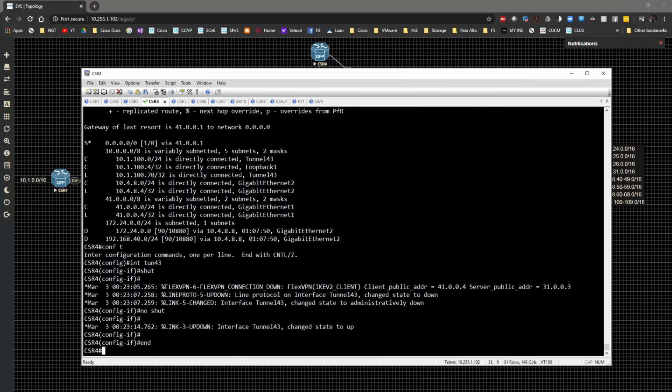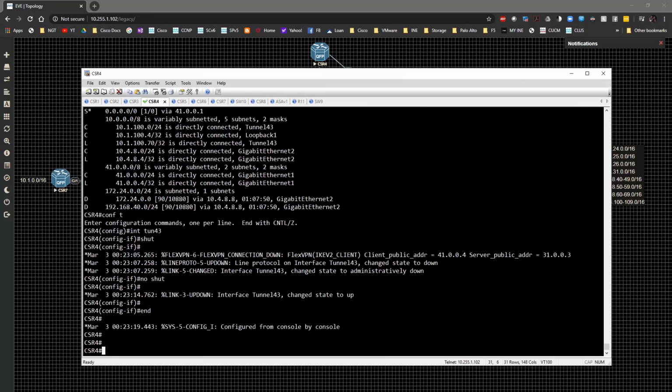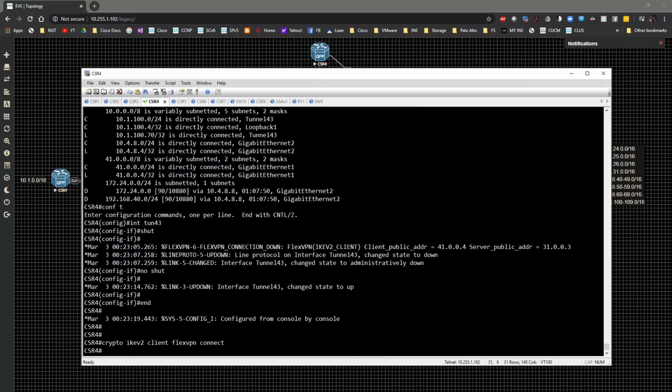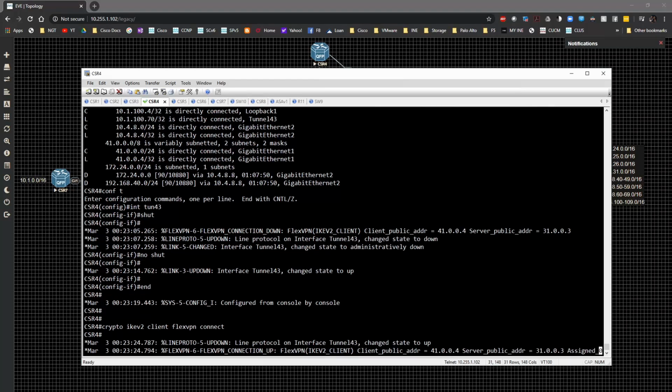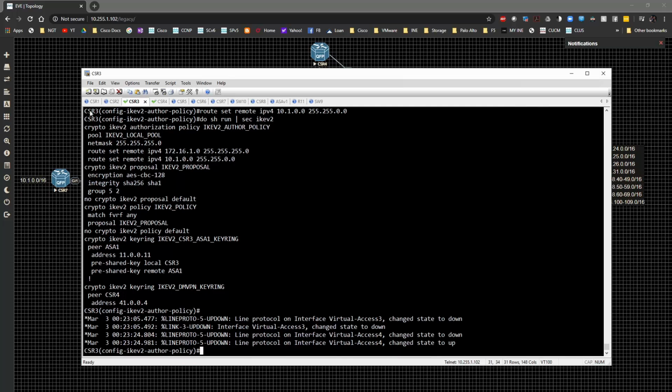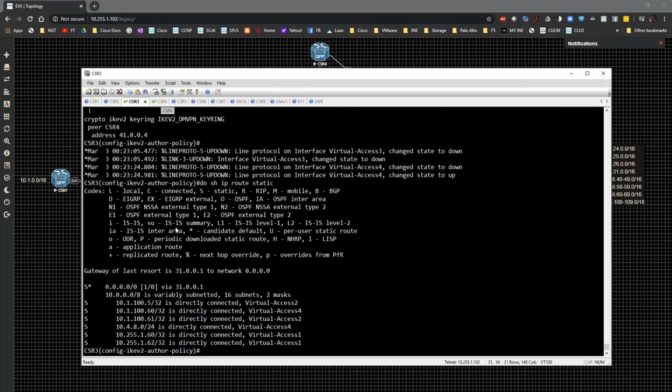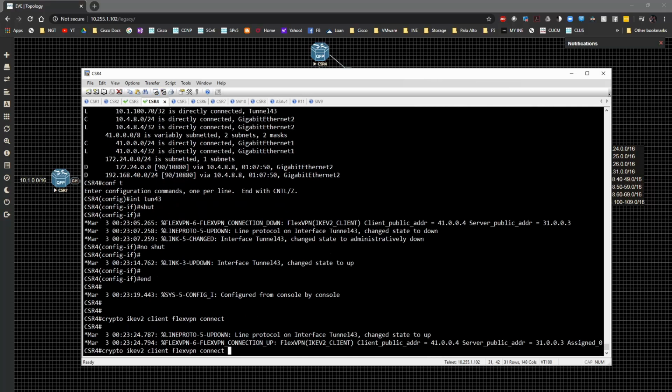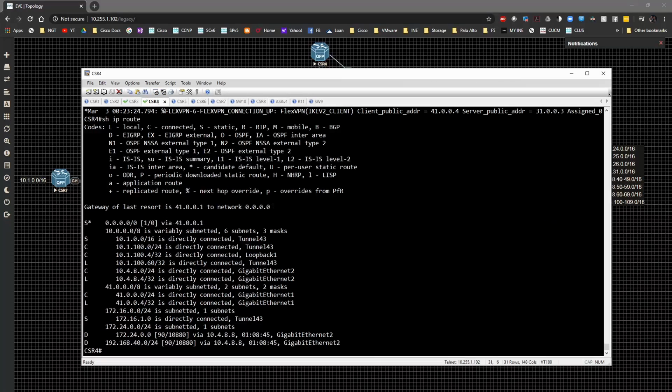So then I'm going to jump out of global config, and then I'll hit the up arrow a couple times and do this. That'll bring that up, and then once the connection comes online, on the CSR3 side, we should see that. I don't remember turning the debug off, but it looks like it's working. Do show IP route static. We can see the prefixes in the routing table, and we go back to CSR4, and we hit the up arrow. We should have a couple of static routes. We'll have the 10.1.0.0/16 prefix right there,